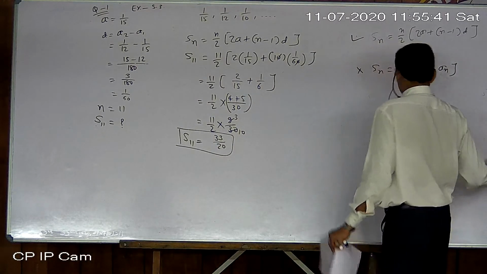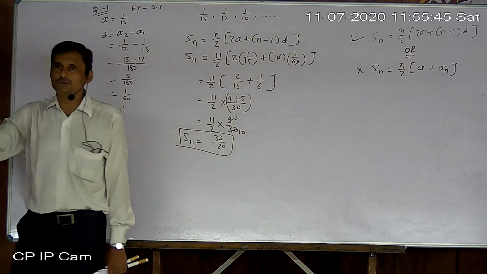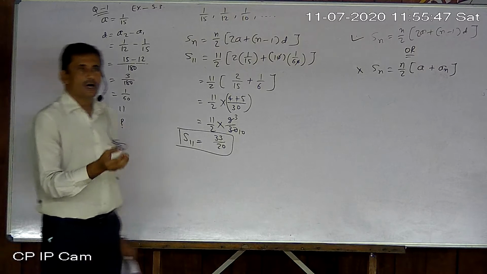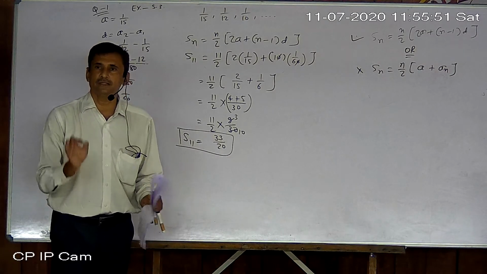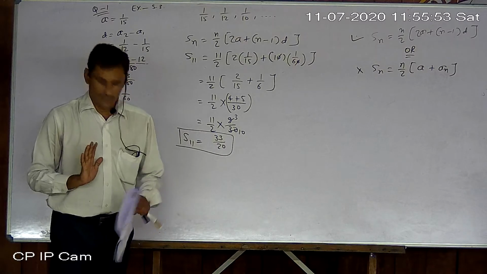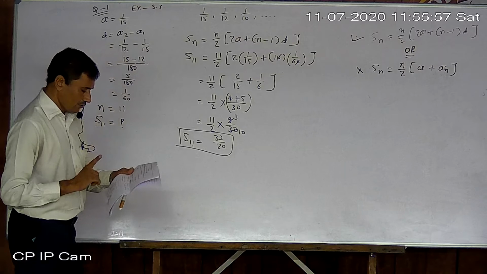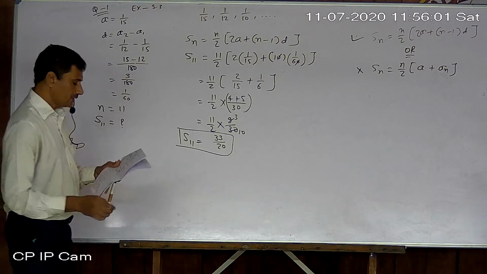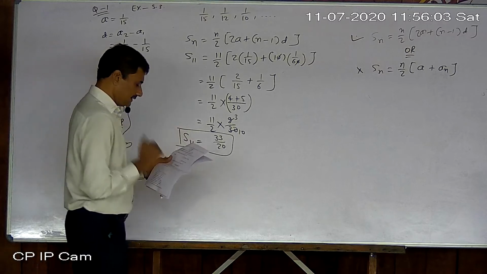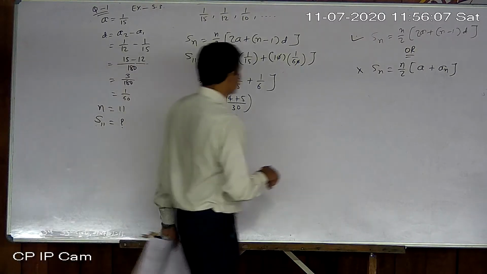So that is the first specimen sum. Now if you know the formula, placing values, and if you know well how to simplify, then nothing is new here. Everything is simple. So the remaining 1, 2, 3 are homework. Even so, let me solve the second one also.